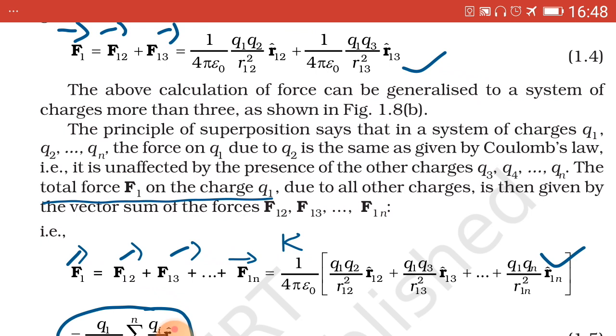Now we have already found out the total force F1 on Q1 in the first figure, that is figure A, and equation 1.4. From this equation